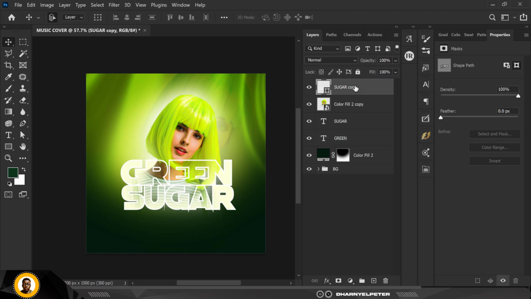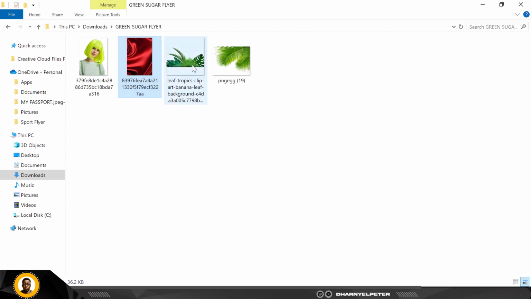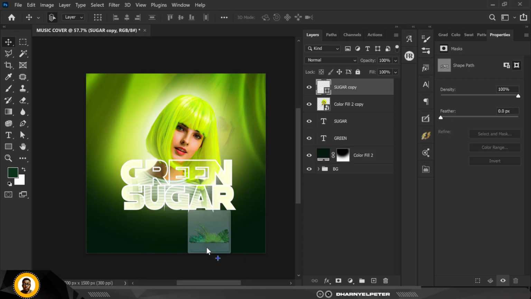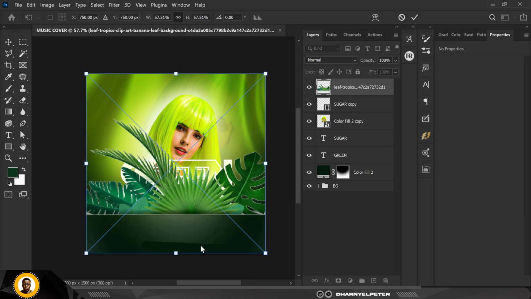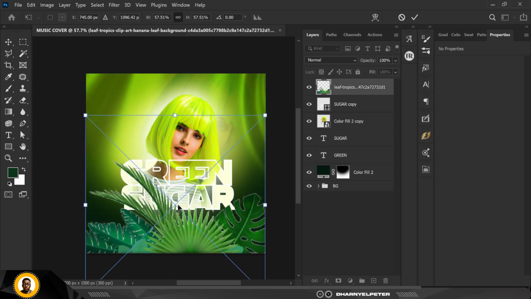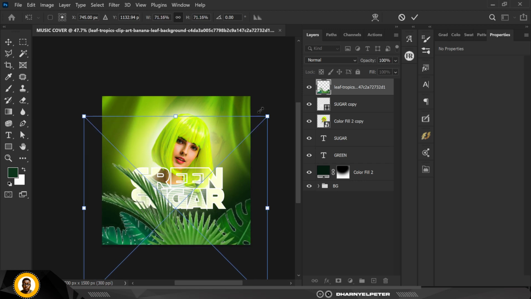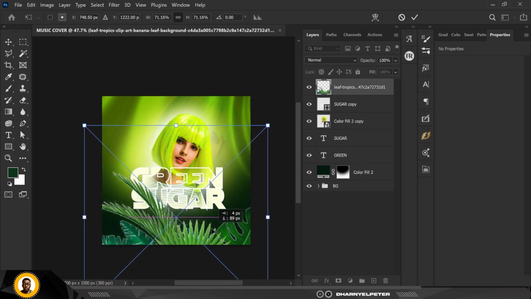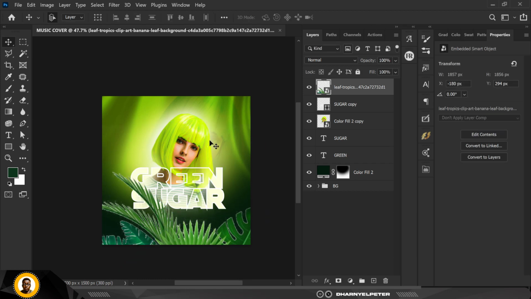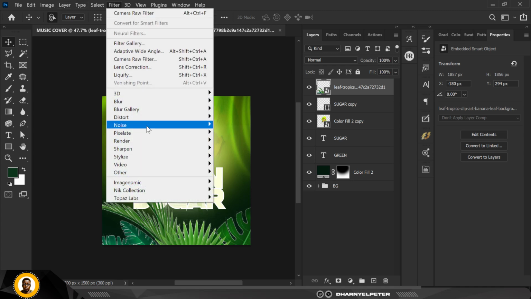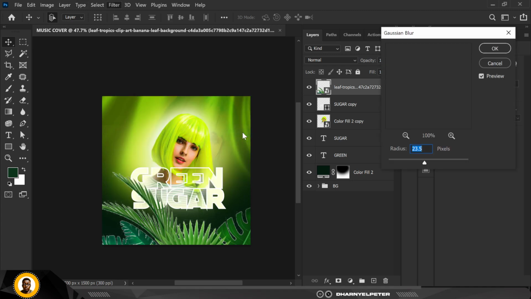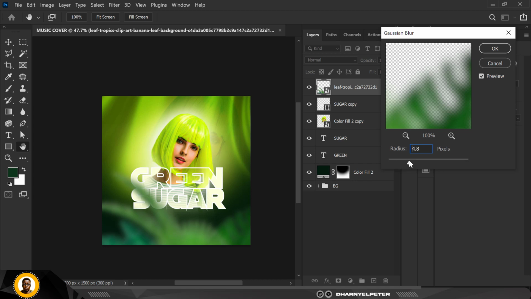Great. So I'm going to the topmost layer, I'm going to my resource file, I'm going to bring in this guy here, drag and drop. Yeah, that's where we belong. If you cannot use the drag and drop, if you're using Windows 11, please use the place embedded. So I'm just going to increase the size of this one. I know this image is looking all jagged with the edges not correct, but no worries, go to blur and click on Gaussian blur, and I'm just going to set my value to